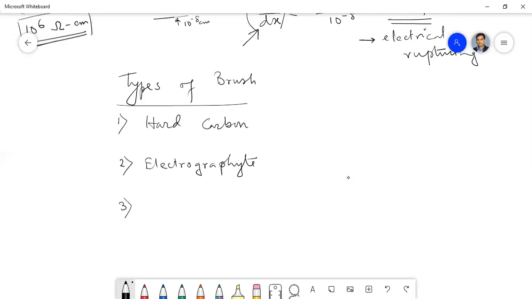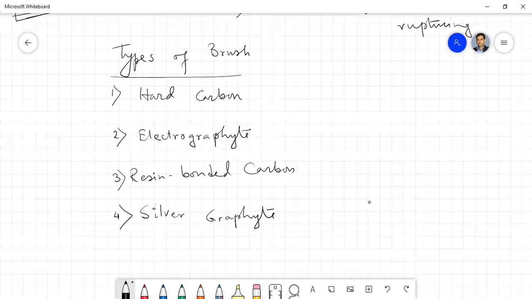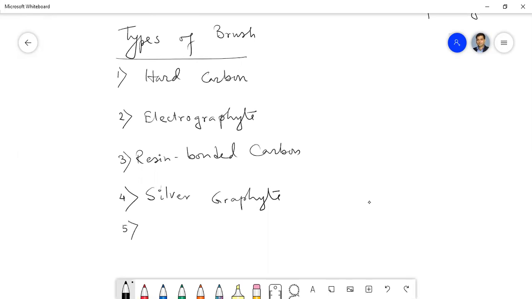Number three is silver graphite, and we also use some other materials. Number four is resin bonded carbon, which is preferred for